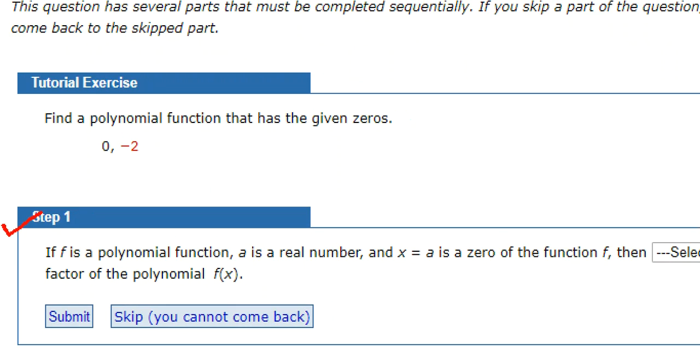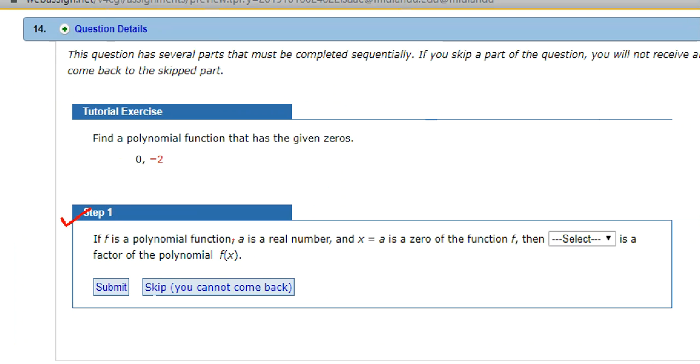So if f is a polynomial function, a is a real number, and x = a is a zero, then x minus a must be a factor of this polynomial function. Okay, so with that, when you know 0 is a zero, that means x minus 0 must be a factor, which means x is a factor. Okay, x is a factor. It probably doesn't make sense to write x minus 0, but with that, I know x is a factor, and then also I know x minus